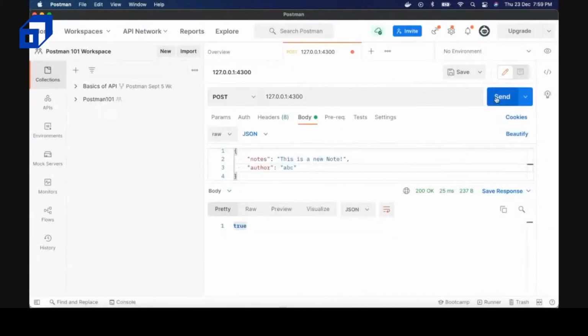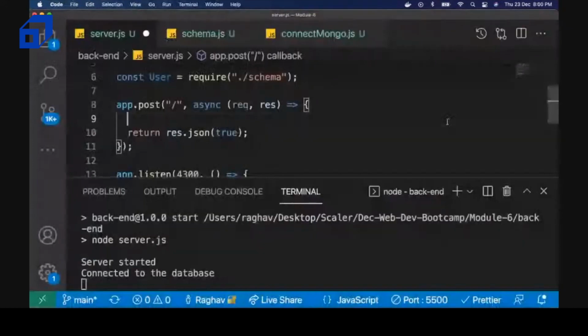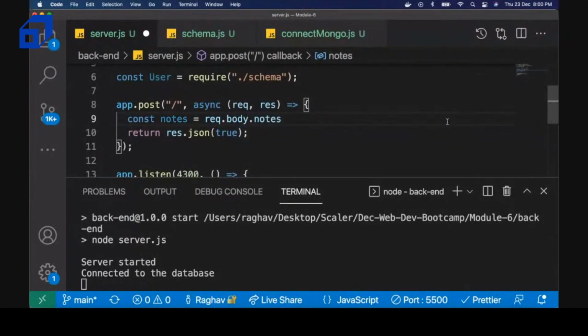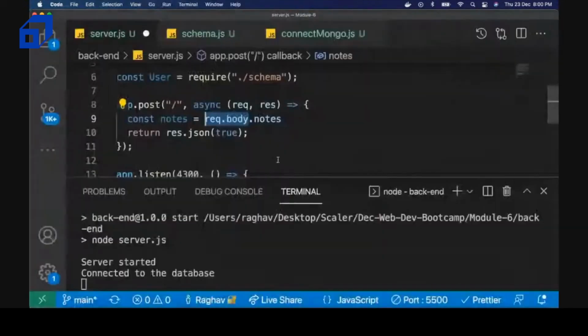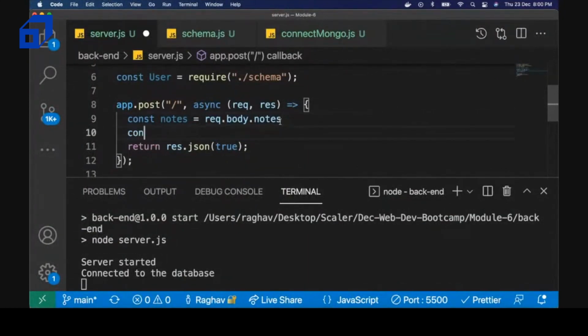So again, when I hit send, I have to get the particular data over here. So how can I do that is by simply writing notes is equal to request dot body dot notes. So basically request dot body gives me this particular JSON object, already parsed. Parsed means this JSON object has been converted to a simple JavaScript object without using the double quotes. So I would just simply write dot notes over here, and again when I hit console.log,